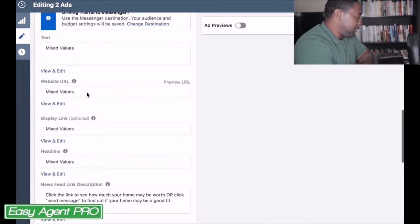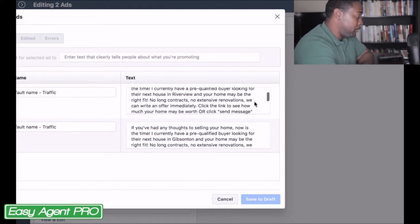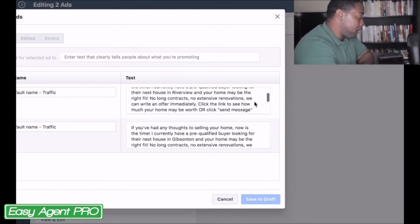So coming over to the ads once they load up, let me come down. So scrolling down, as you can see, they're going to be two separate ones. When you have multiple ads running, it's going to show as mixed value. So if you come over to view and edit, for these two ads, all it is doing in this ad is saying, hey, if you had thoughts of selling your home, now is the time. I currently have a pre-qualified buyer looking for their next house in Riverview, and your home may be the right